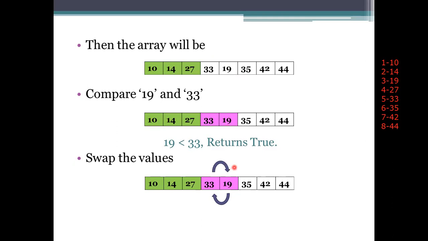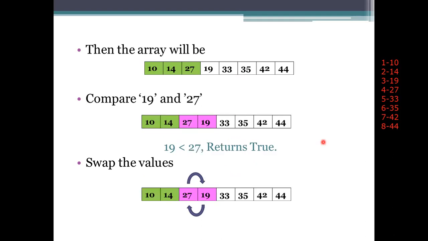Okay. After swapping, just check once whether it has reached its specified point or not. After swapping, the element we have considered, that is 19, is at position 4. But what is the position of this 19? The position of the 19 is 3. So here there should be one more transposition, that is one more swap has to be done.